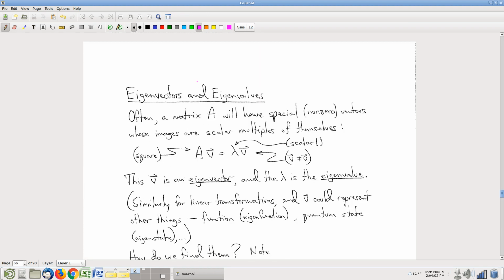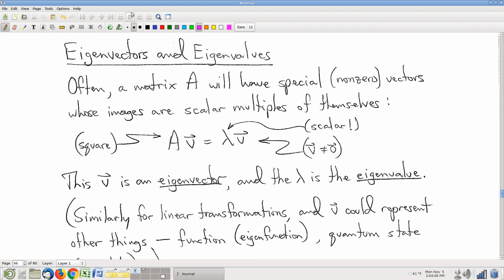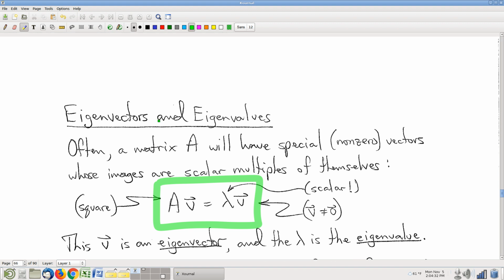Okay, new topic, section 5.4. It's a weird little idea. It's hard to see it coming how useful this is going to be, but this is extremely useful. It's the idea of something called an eigenvector and its associated eigenvalues. So here's where it comes from. It all involves this equation. It's unclear why we would care about this equation. Why would it matter